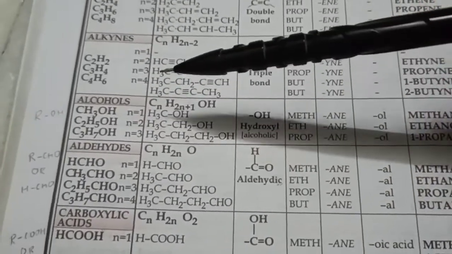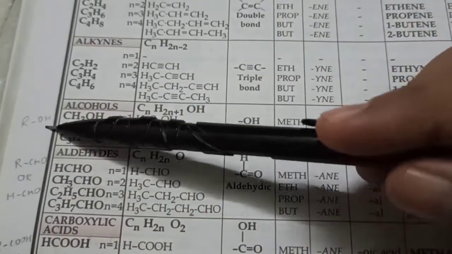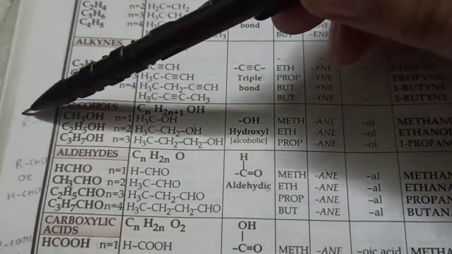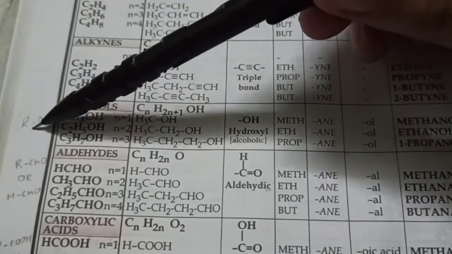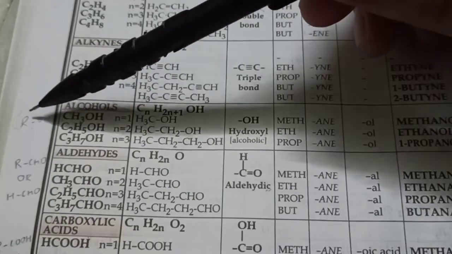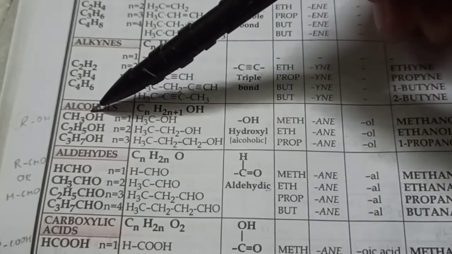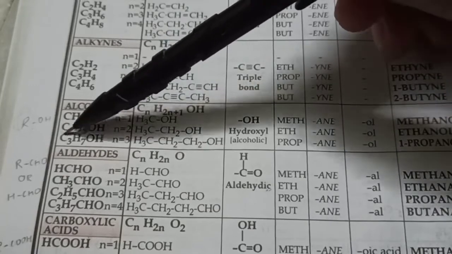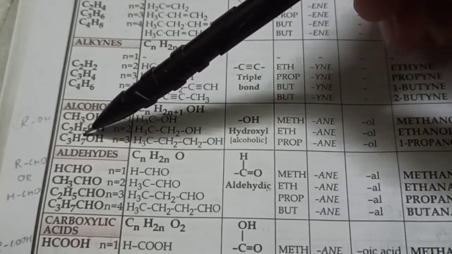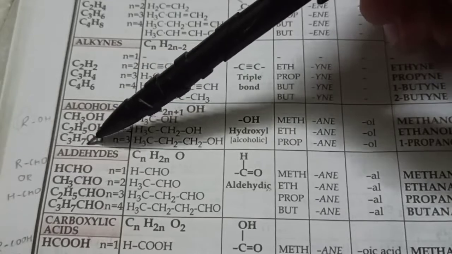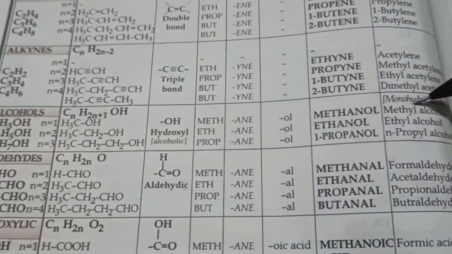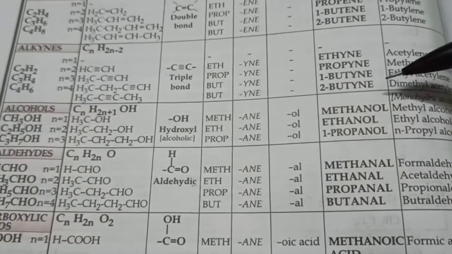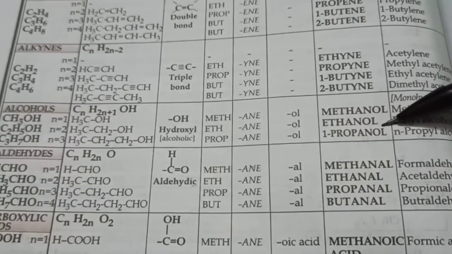Alcohols. Well, I remember it with a general formula called ROH, where R is this CnH2n+1. R is nothing but an alkyl group. Methyl, ethyl, propyl, butyl, these are all alkyl groups. Just add one OH to it, it becomes an alcohol. Methyl alcohol, ethyl alcohol, propyl alcohol. These are the common names, what I just said. But of course, the IUPAC names will be methanol, ethanol, propanol.